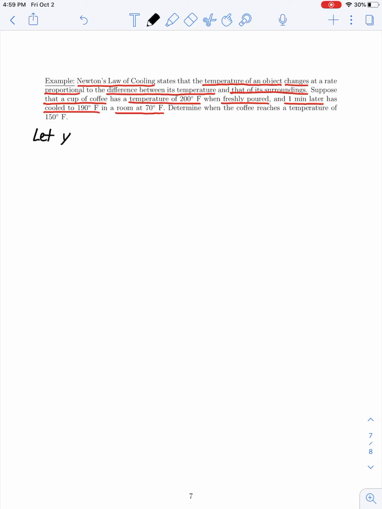I'm going to let y, which will be dependent on time, so y as a function of time, be the temperature measured in degrees Fahrenheit, since that's what all of the temperatures in the problem are measured in, of this coffee